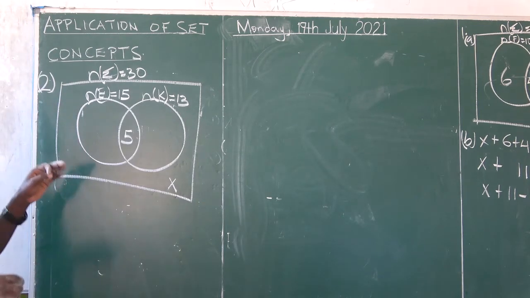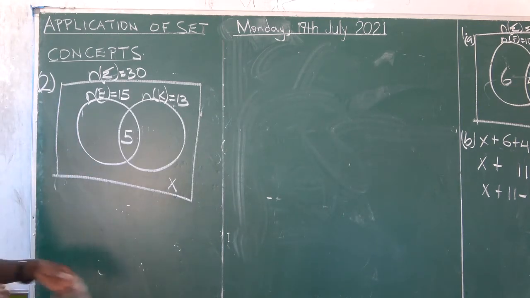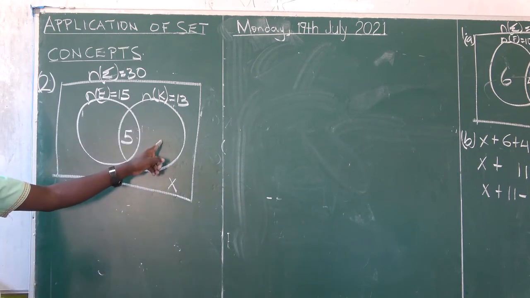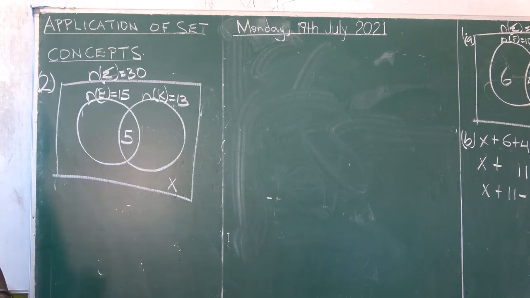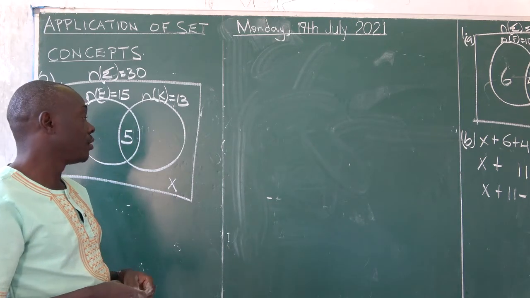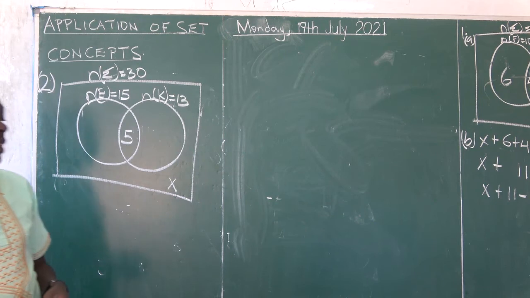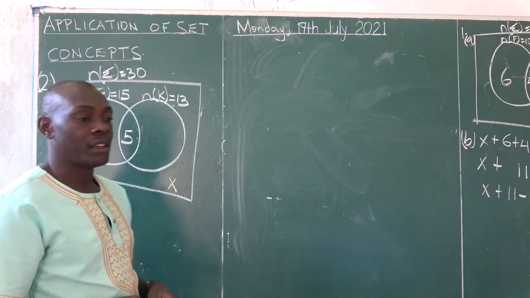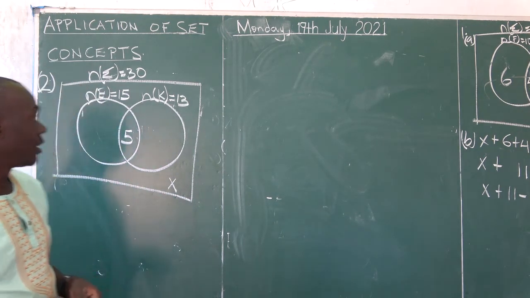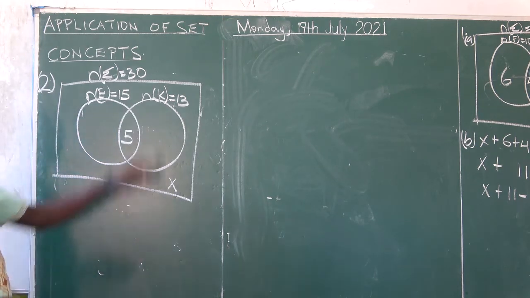As opposed to the first 2 numbers, in the first one, the unknown was in the middle. In the next one, the unknown was in the only part. And now, this other one, the unknown is outside. So what are we learning? The placement of the unknown depends on the information given. So don't think the unknown will always be in the middle, like it is in your P6 and 5. In P7, the unknown can be anywhere, including the universal, like you are seeing it move.